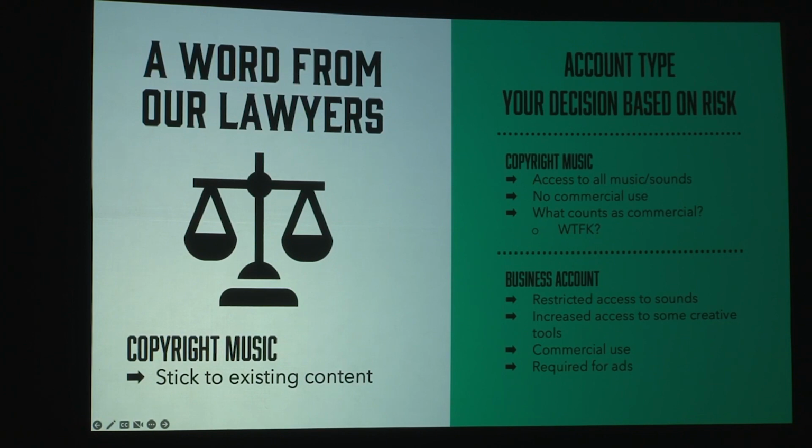Some people are not happy with that, and they don't want the risk of Universal Music or Warner Brothers coming after them, saying you're riding on Taylor Swift's popularity to sell your book. Other people are more relaxed and happy about it. I am as well. So you do have to be aware of that. But if you're risk averse on that front, I would recommend you start a business account, and that means you'll only be using music that's been cleared for use in commercial terms, but it will be more limited.